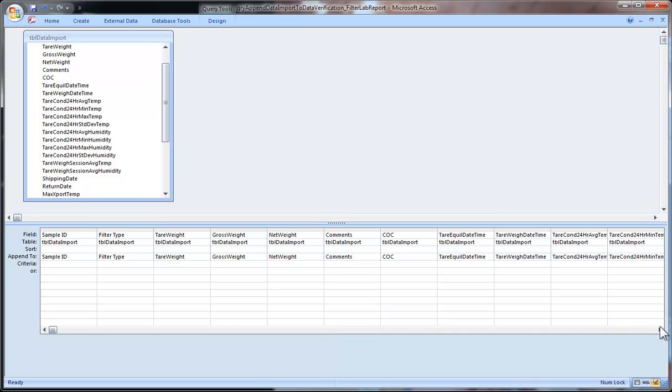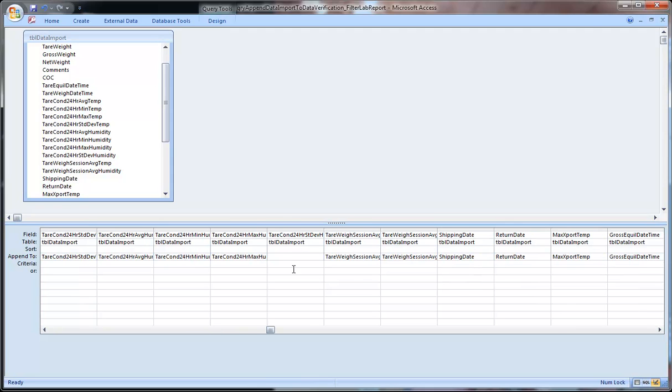And we have to very carefully check. Like I said, we designed the toolbox using the TAMS weighing laboratory standard Excel report as a template. So yours from your weighing laboratory might be a little bit different, and even in this case there are two that the toolbox can't guess. So we see right here, now in order to see the whole field we can hover just like in Excel until you get that right and left pointing black arrow, and then hold your clicker down and pull it over to the right so you can see the whole field. And that's the tare